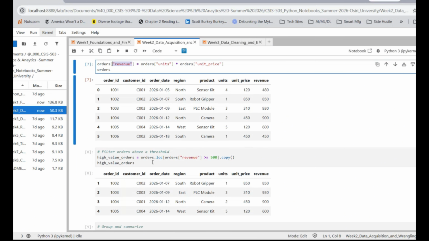High revenue orders is orders.loc, so you have orders in quotes revenue. We're looking for any revenue greater than or equal to 500. Where's our revenue here? We're looking for only revenue greater than or equal to, and then we say dot copy,